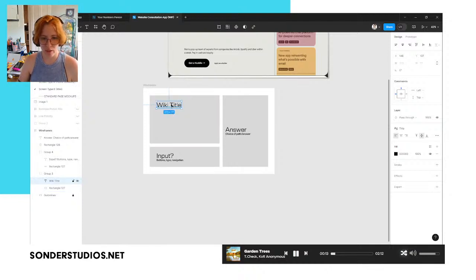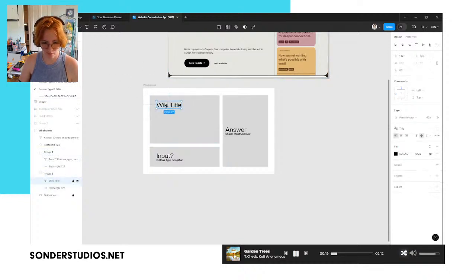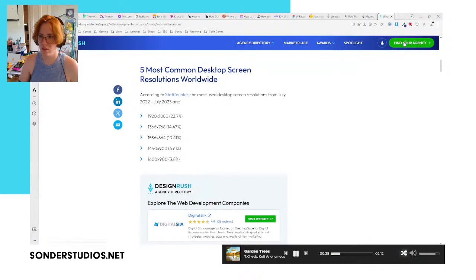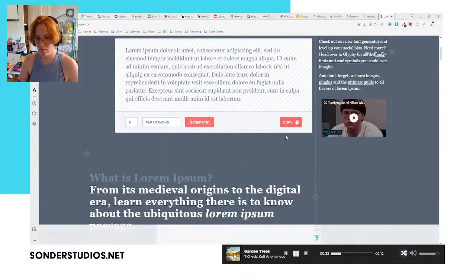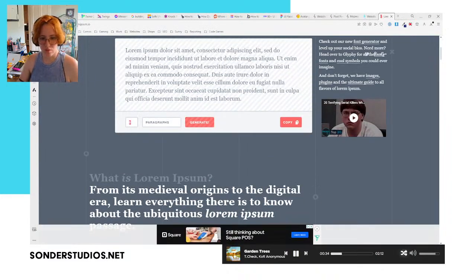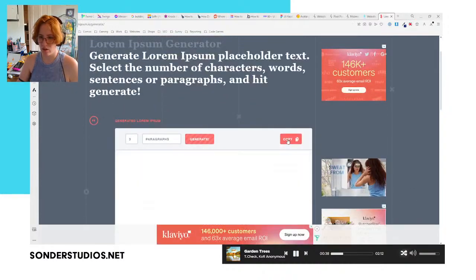And then this will be a wiki title. Let's get some Lorem Ipsum all up in here. Let's say 3 paragraphs. Copy.